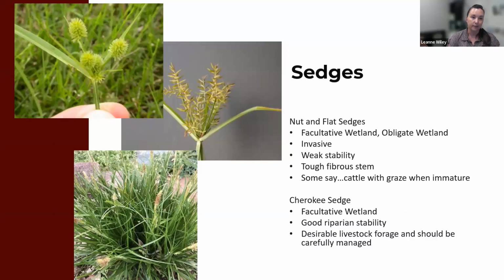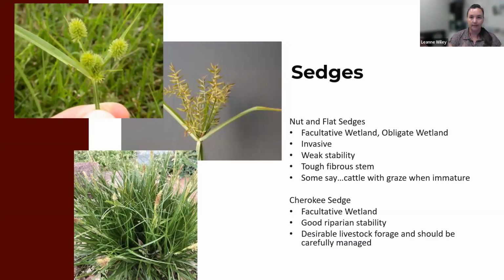I've had many producers tell me that in a mature state, cattle will graze this. I had one producer try to convince us that this was something his cattle were just living off of. No one else said that, but he had just complete confidence that his cattle were grazing it down, and that's what they were sustaining on. So to each their own, I guess. It just depends on maybe what stage of life the plant is in.